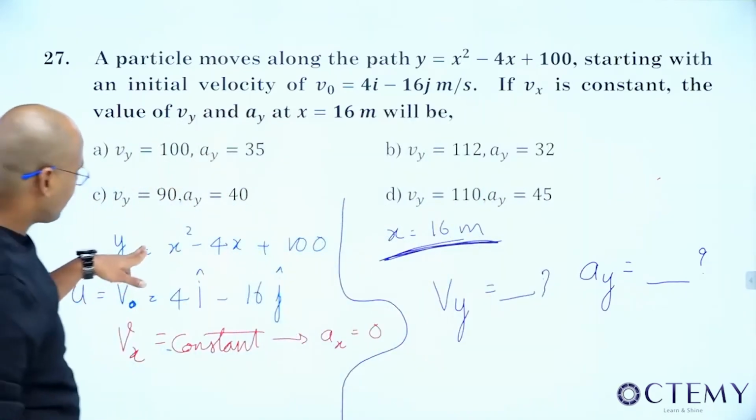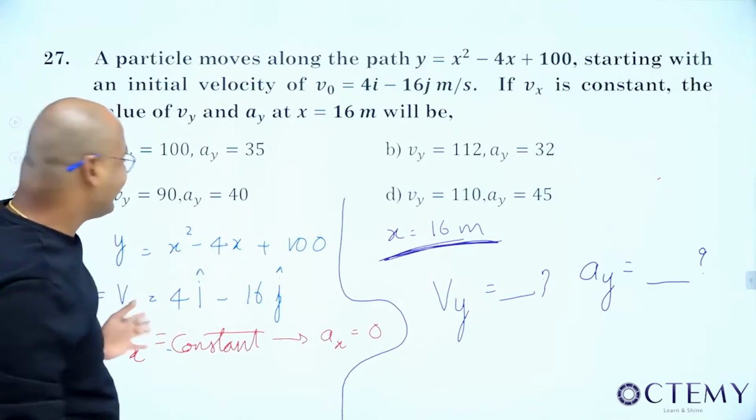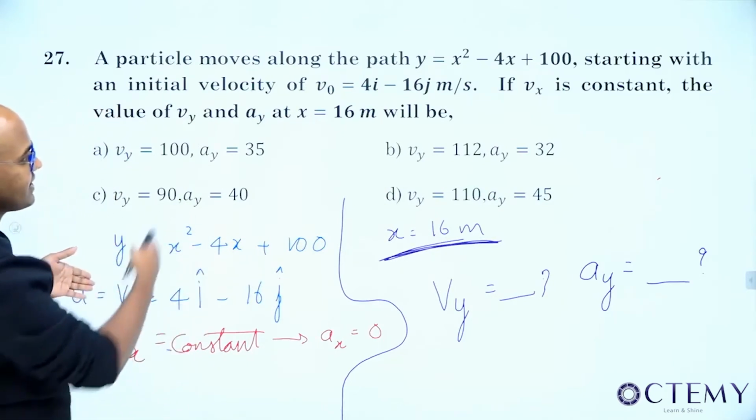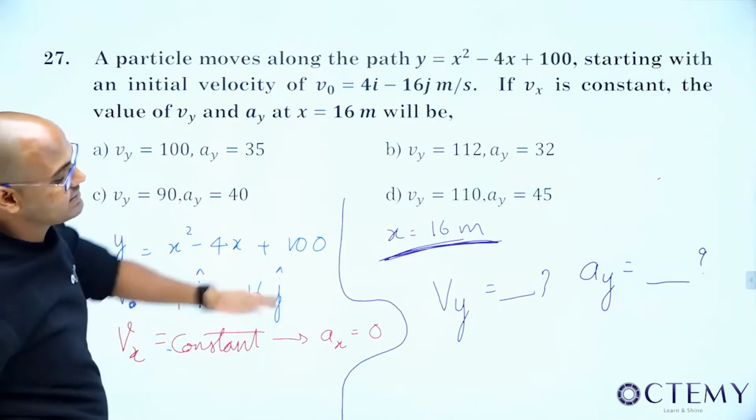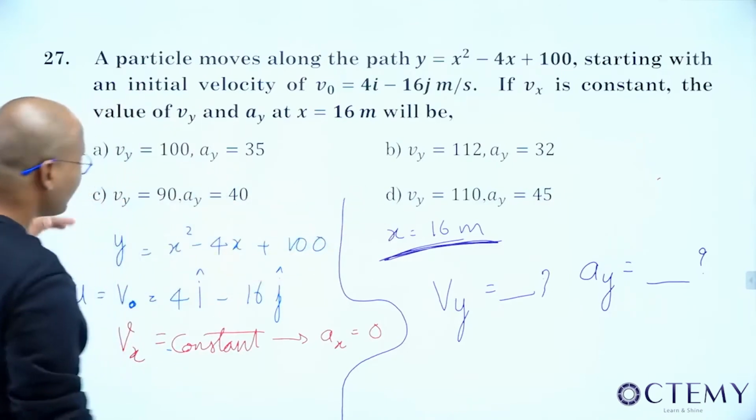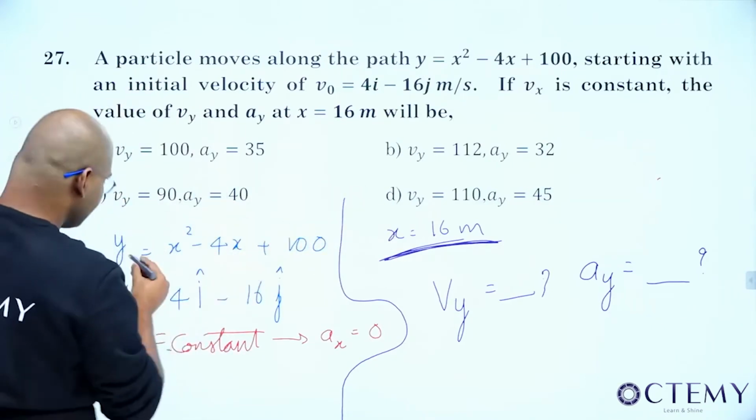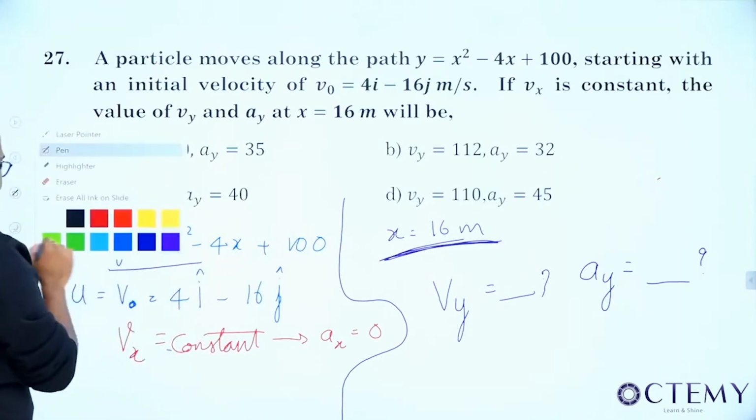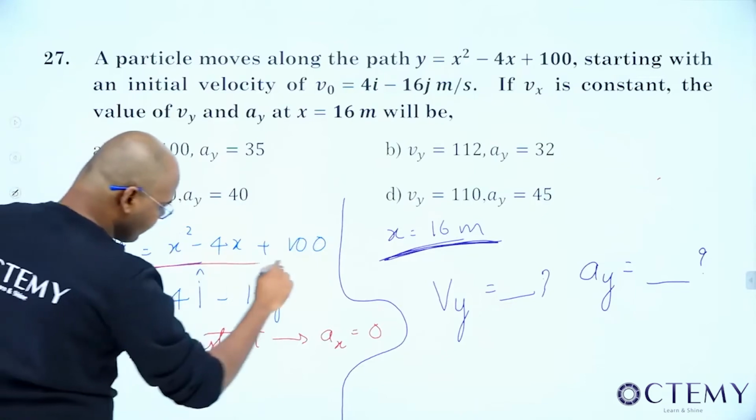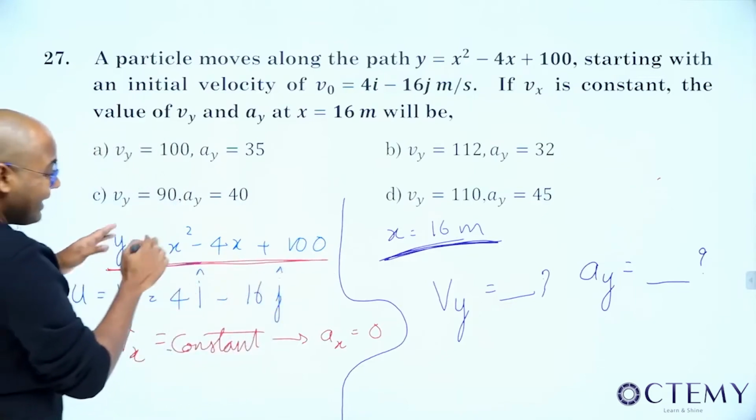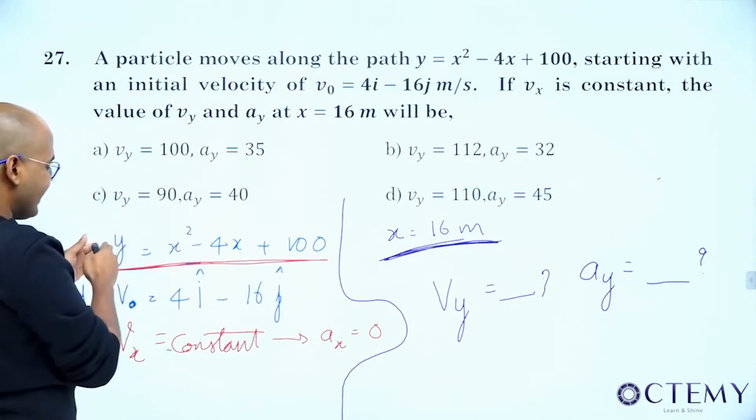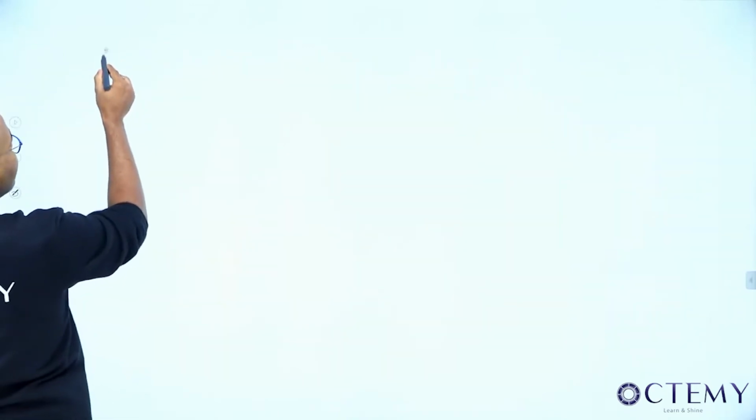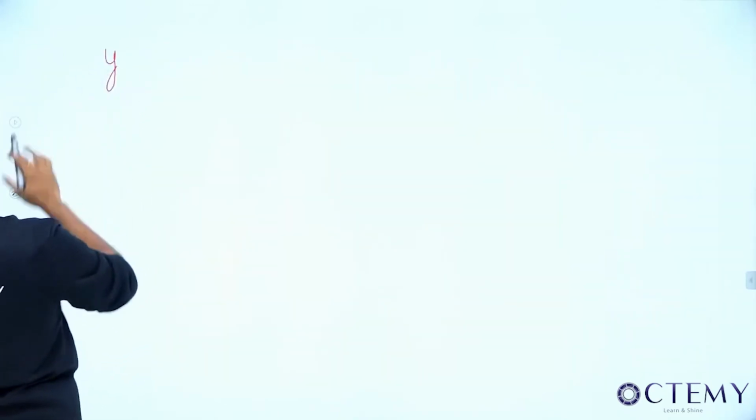He has given y equal to x square minus 4x plus 100. He gave the relation between x and y. And he has given some information about x and he is asking about y. Now, how to get Vy and Ay? See, the beautiful thing in this is, every problem cannot be solved in the same strategy, right? The beautiful thing in this is, it's not a combined function of x and y. Y in terms of x is given. So what I can do is,